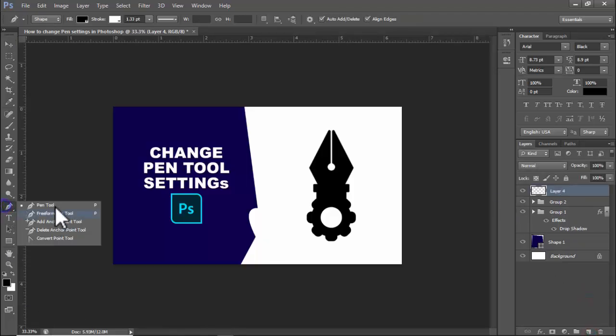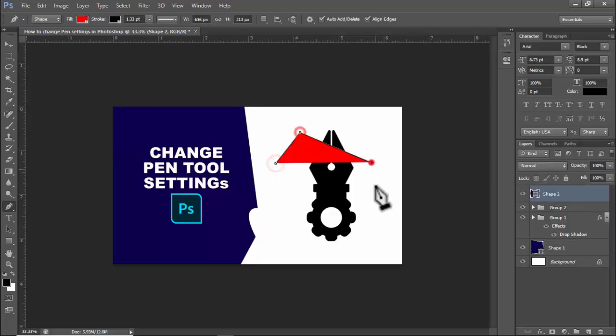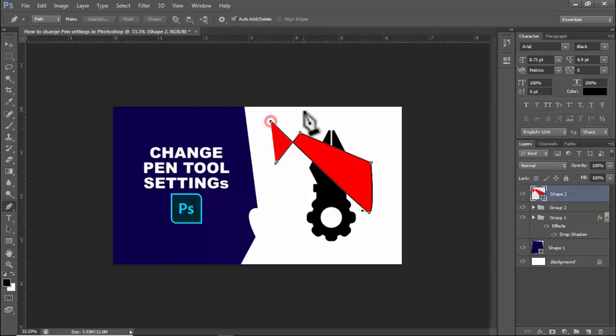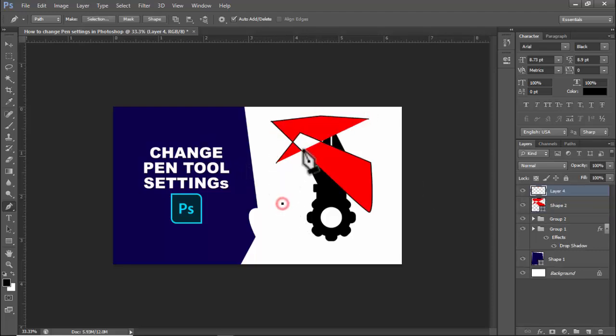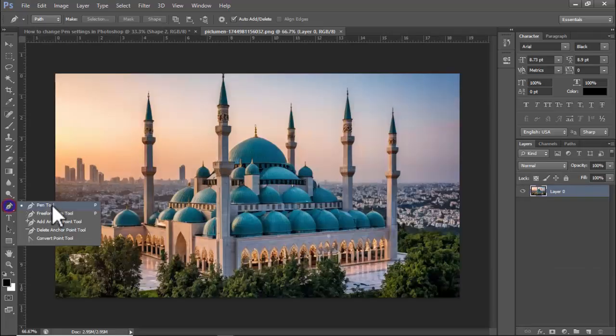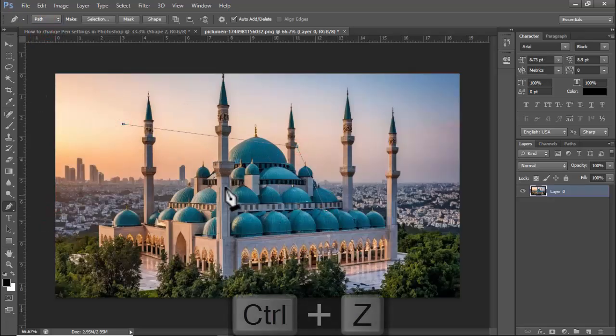Create a new layer and select the pen tool. See this pen tool option, shape and fill color, stroke color, black, and see this path. Click again new layer and add a path. Apply this pen tool, use path and click the